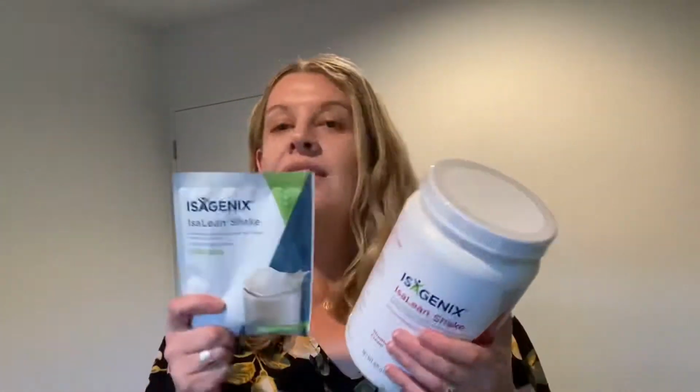Once you've had that, you're straight into our shakes, which are available in packets and in tubs and in bags and plant-based, kosher, there's a whole range, there's something for everybody, and they're available in heaps of flavors. You just jump in for your first shake of the day for breakfast. If you've got a tub, it's two scoops to 1 cup of water, or if you've got a sachet like this, you can just tip it in, put a cup of water in, give your shaker a shake,